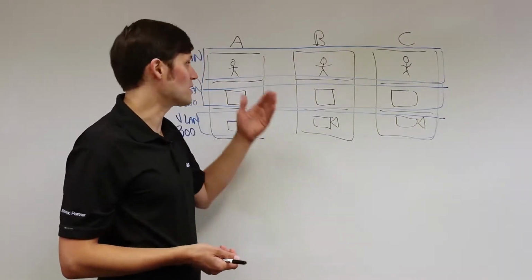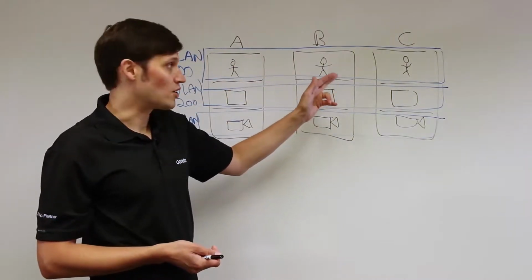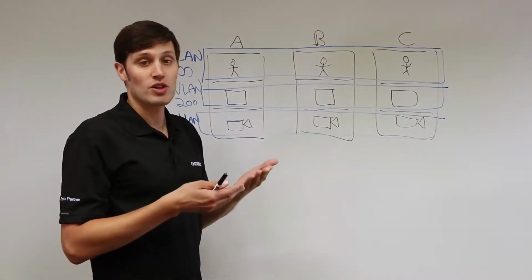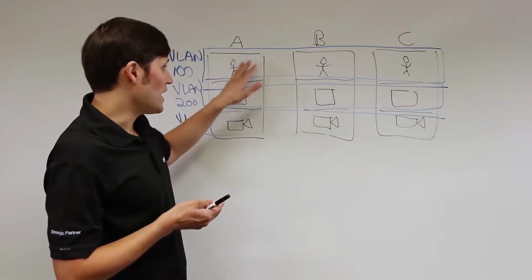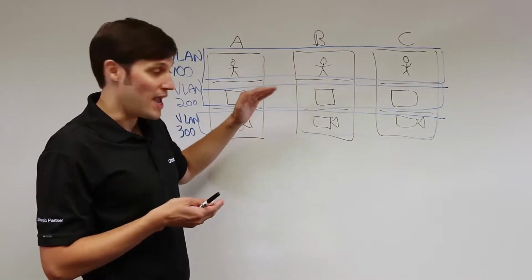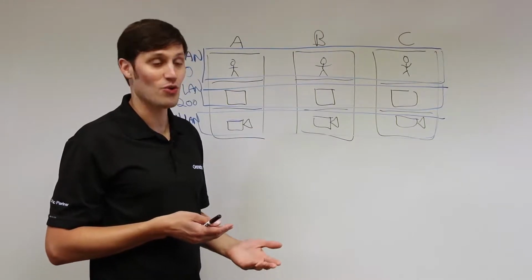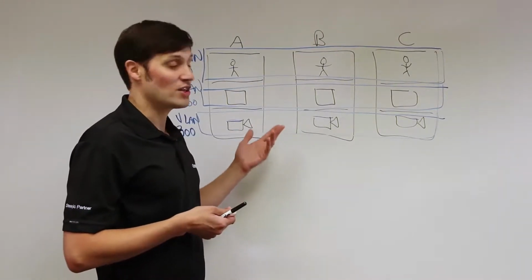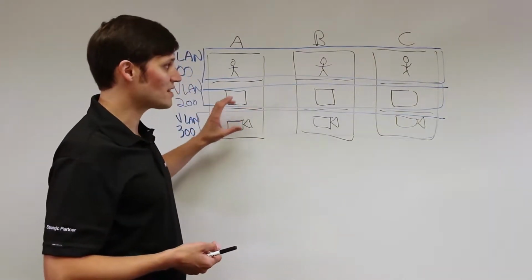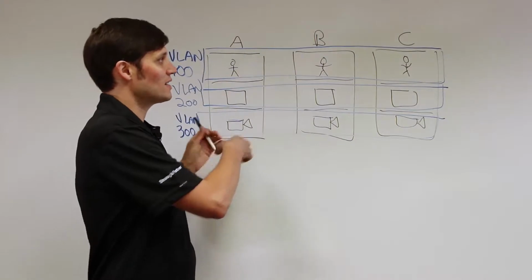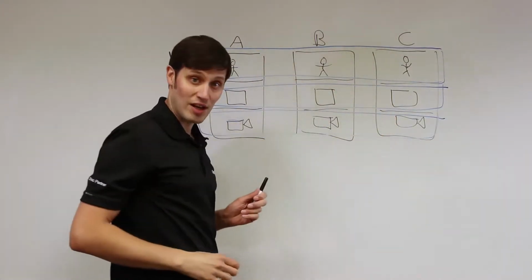So if this person starts a file transfer to this other person, we don't want the bandwidth to be completely taken by the file transfer, because in that case you would start seeing pixelation or video degradation. We don't want this to happen. So with bandwidth management, with VLANs, you can decide that the bandwidth here would not affect the bandwidth available for the video